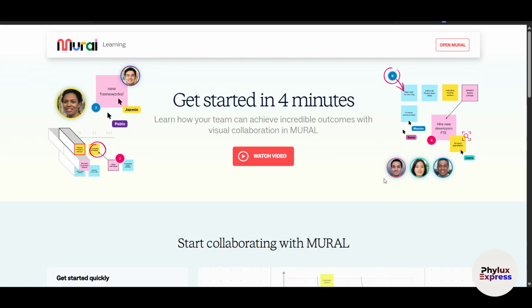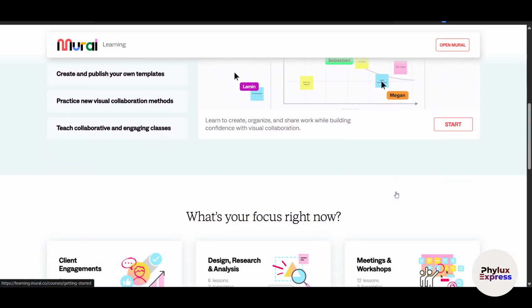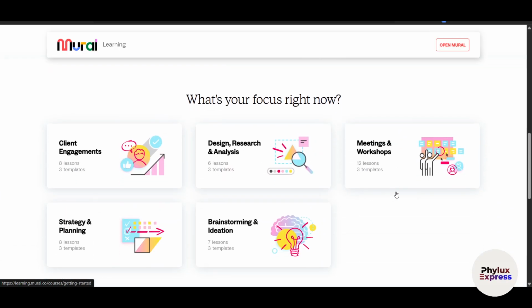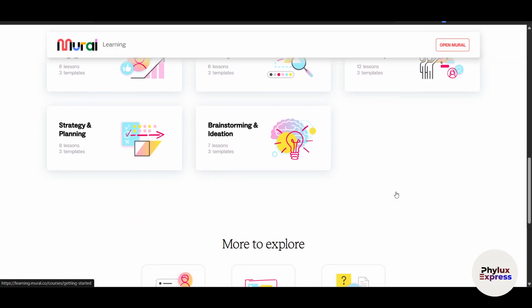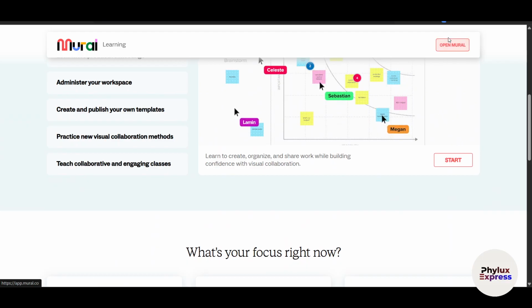Are you looking for a way to collaborate visually with your team, no matter where they are? Welcome to Mural, the ultimate platform for visual collaboration and brainstorming. Whether you're managing remote teams, leading workshops, or designing creative projects, Mural has everything covered and provides you all the